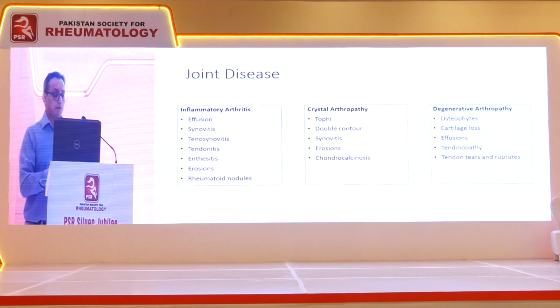When we're looking for inflammatory arthritis, we're looking for things like joint effusions, synovitis, the presence of tenosynovitis, tendinitis, the presence of erosions, whether they are active or non-active, and the presence of rheumatoid nodules or other soft tissue swellings and inflammations around the joint. In crystal arthropathy, it is very easy to identify the presence of tophi and double contouring, which is a very specific sign for